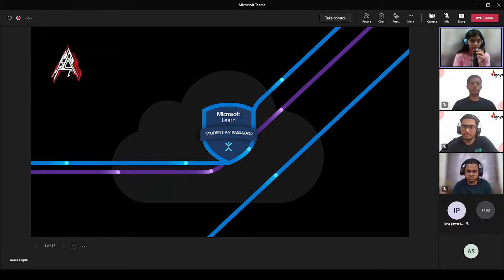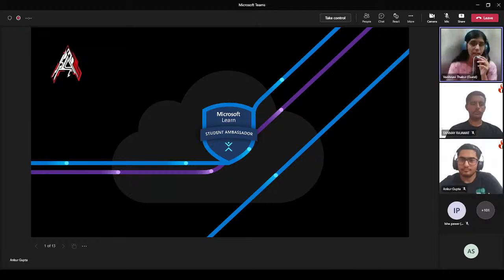Before we begin, I request all the participants to actively participate in the chat box, and we would like to know how many of you have already installed Git and GitHub.